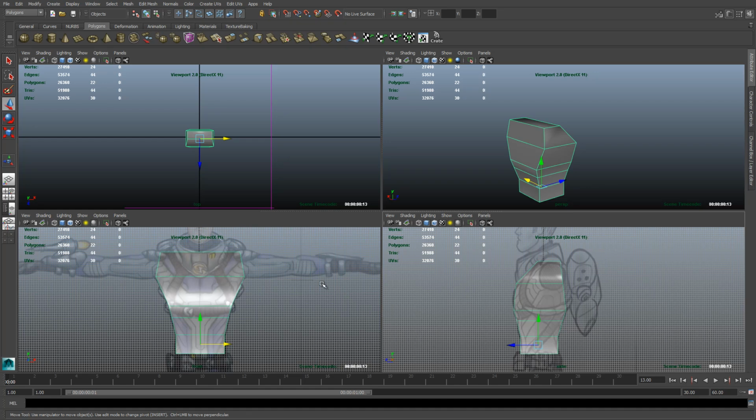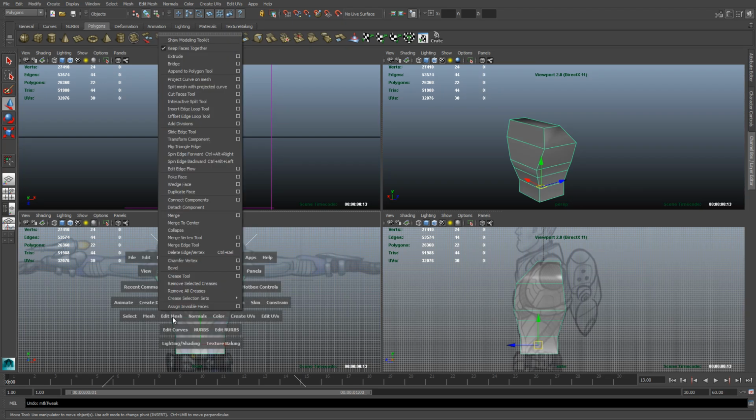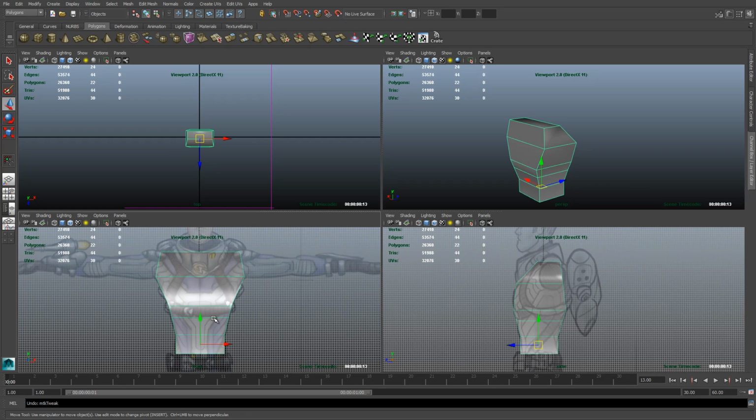Alright, so in order to start adding some detail to our torso, we need to add some more segments to our object here, because this is as far as we can take this box model at this point without starting to cut it up. Now, there's a couple of ways we could go about this. We could use a marking menu and go to Edit Mesh, and we could use the interactive split tool. But what I'm going to show you today is a much better workflow that I like to use, and it's